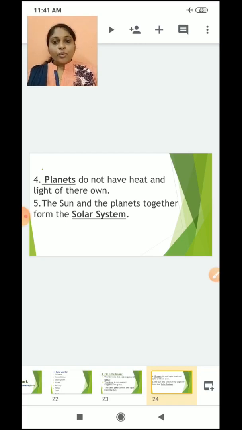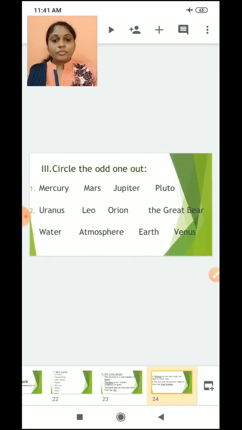Okay. Then the fifth one. The sun and the planets together form the dash. So the answer is the sun and the planets together form the solar system. The sun and the planets together form the solar system. Now,